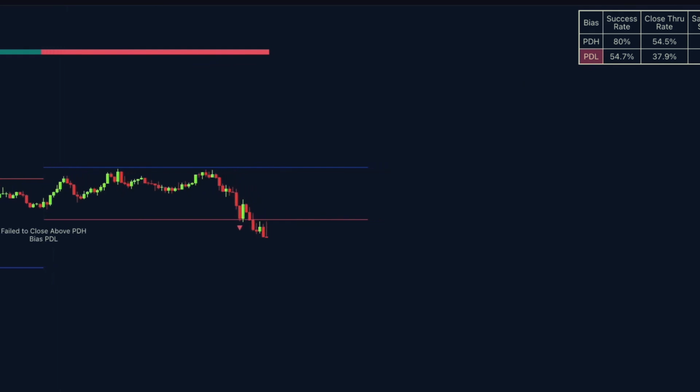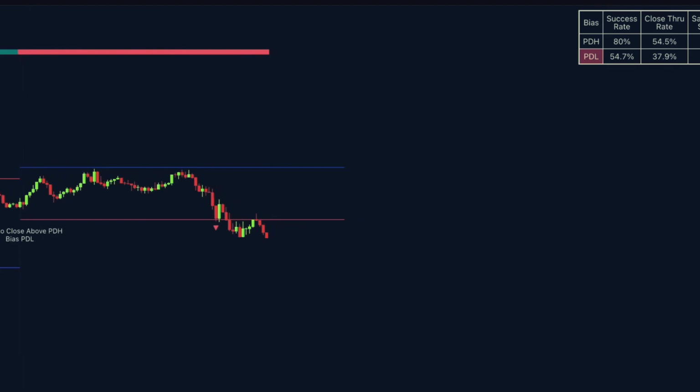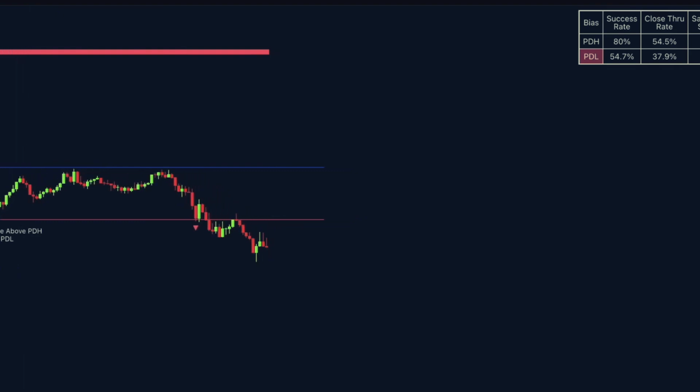Once a bias is determined, that cell's color starts out as blue and turns red once the level is traded through. The table indicates the success rate of price hitting the levels provided by each period's bias, followed by the success rate of price closing through said levels after reaching them, as well as the sample size of data collected for each scenario. As an example of how to read the table's data, we can look at the PDH row